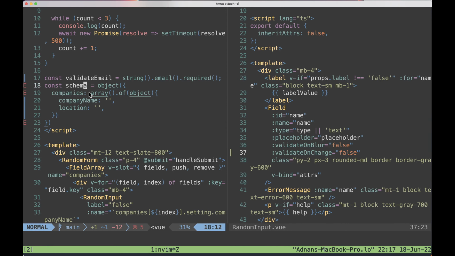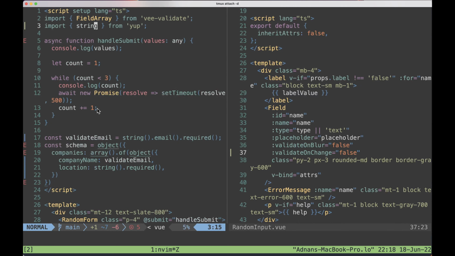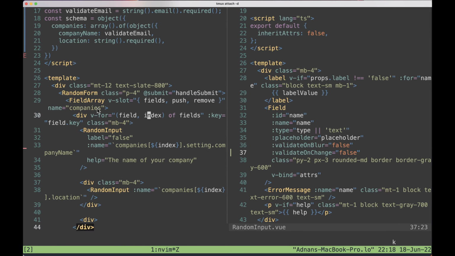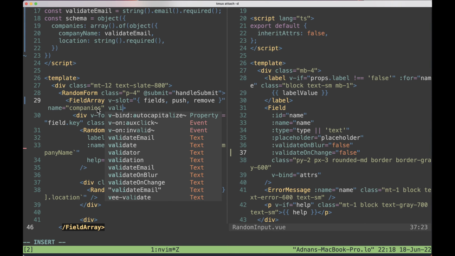and a location. So I could probably replace this with validate email, because I've literally defined this over here. And then this is also a string, and we'll just say it's a string. It's not required. Let's make it required. So we see a difference in the form, and I need to import object and array from Yup. And so instead of defining rules here, I would define a validation schema,